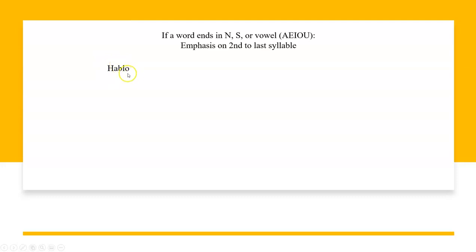And we do have to count from right to left, okay? We can't say the first A or the first syllable. We have to count from right to left. So second to last syllable: hablas, habla, hablamos, hablan. So notice these are all the conjugations of hablar, right? We have vowels, we have S, we have N, and all of the emphasis is on the second to last syllable. Another example is examen,